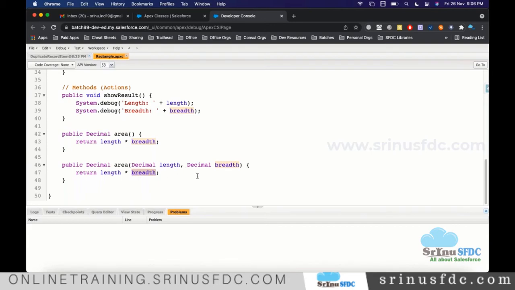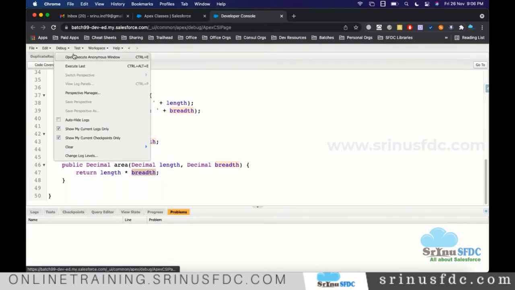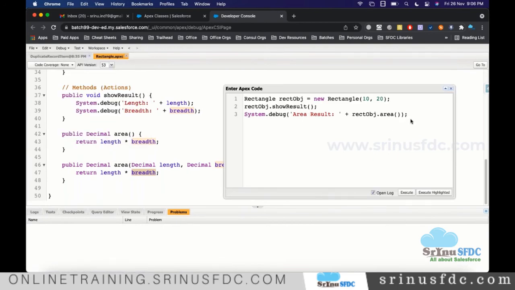Now after saving, let's call this. Click on open execute anonymous. Same statement, I'm copying and pasting one more time. Here I'll say area with parameters.